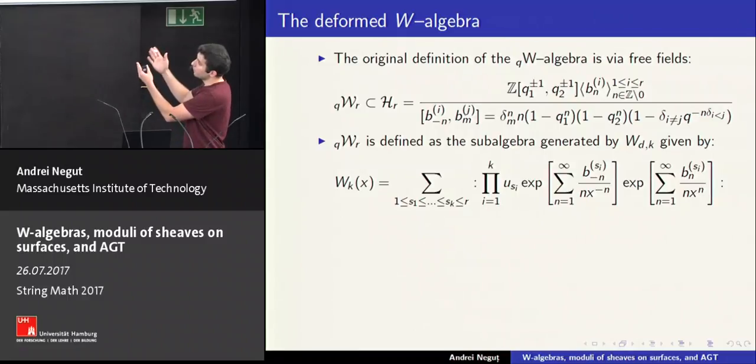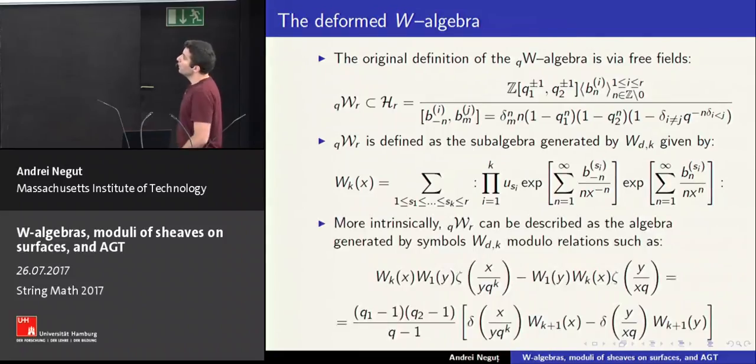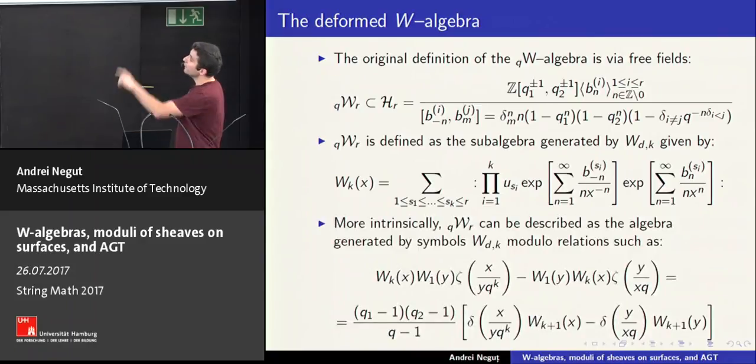And the claim is, well, a definition: the Q-deformed W-algebra is the subalgebra of Heisenberg generated by the modes of these particular operators, which are the kind of exponentials that people see all the time in conformal field theory. Well, if you look at these papers which I'm citing here, you will see that they work out the following property. These particular fields, WK of X, satisfy relations such as the one which I have here on the